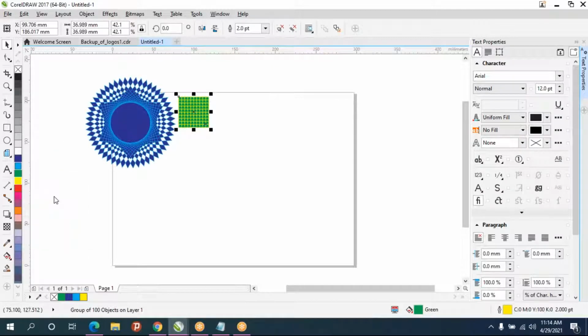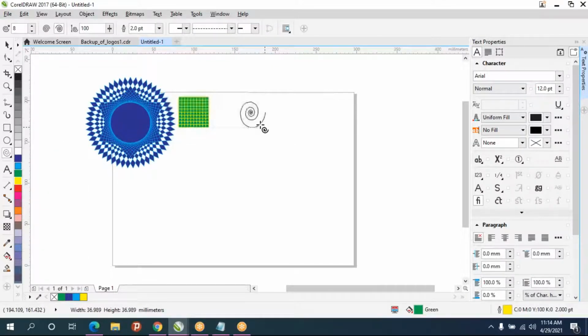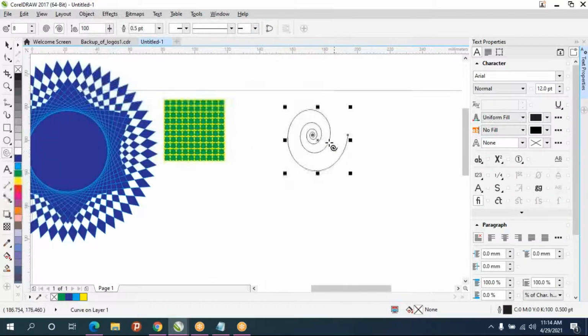And next we have spiral. This kind of spiral ring will come, but actually you can't fill color inside this. Okay, you can't fill any color inside.